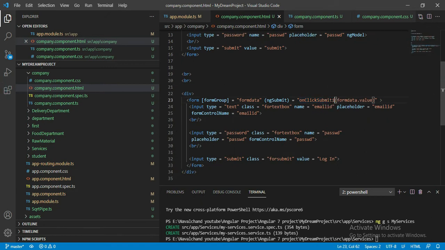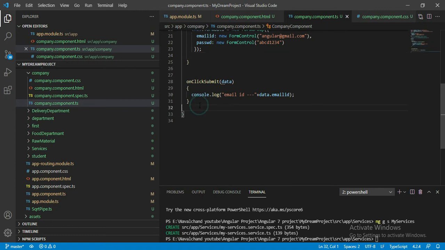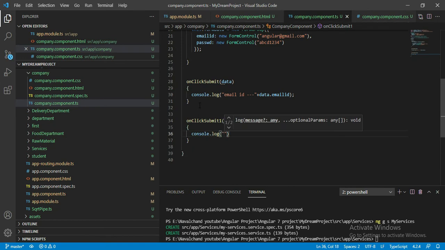Okay, copy this, open the component.ts, and I'll create this method. Here also we have to get the data, email log. Second form email.